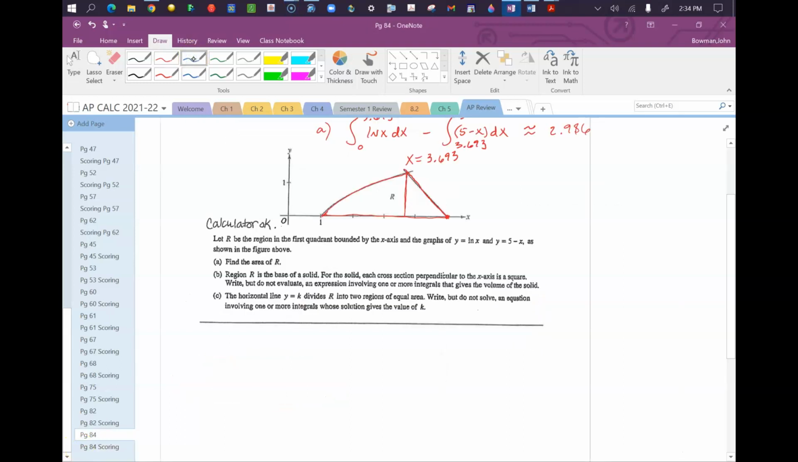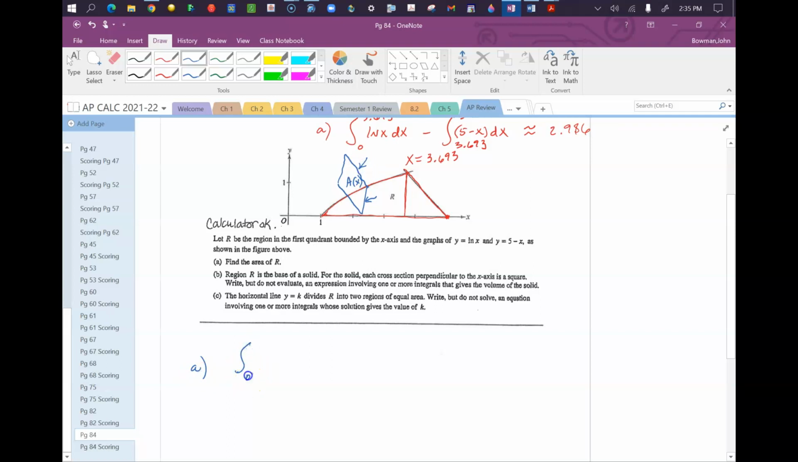In the next part, part B, it says the region R is the base of a solid. For the solid, each cross-section perpendicular to the x-axis is a square. Write but do not evaluate an expression involving one or more integrals that gives the volume of the solid. So basically you've got a square here, and we'll call that area A of x. And that area is going to be the upper function minus 0, or just the upper function, squared, because we're going to take the length of this side and multiply it by the length of that side to get the area. So for part B,